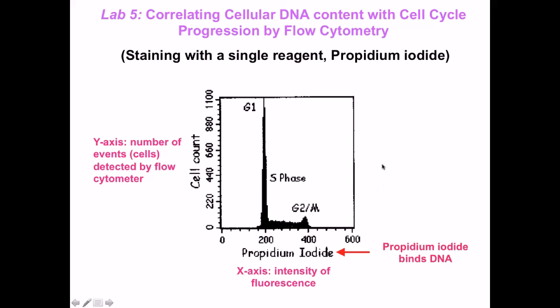This example here from a previous lab shows the cell number on the left and the amount of fluorescence measured by propidium iodide emission. As I mentioned, propidium iodide binds to DNA and therefore fluoresces. So here, marked at 200, this is the relative fluorescent intensity. You have the cells which are in G1, therefore they have only one pair of chromosomes for each of their chromosomes, and they have